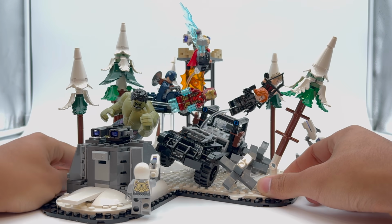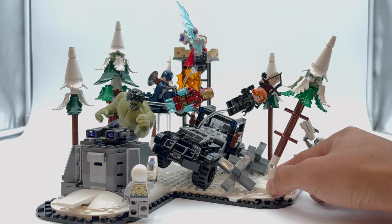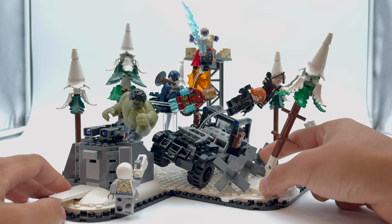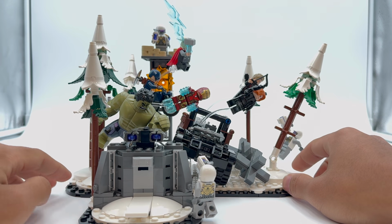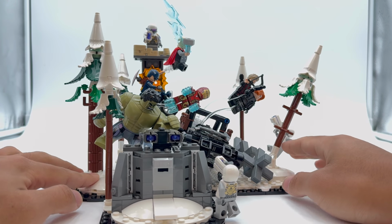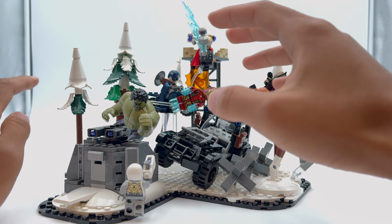Every single minifigure is posed perfectly to where they were in the movie, and I feel like it really recreates an iconic scene. Whereas many of the other diorama sets are kind of LEGO creating their own sort of scene or type of setting based on scenes that happened in the movie, this is a very one-to-one depiction of that